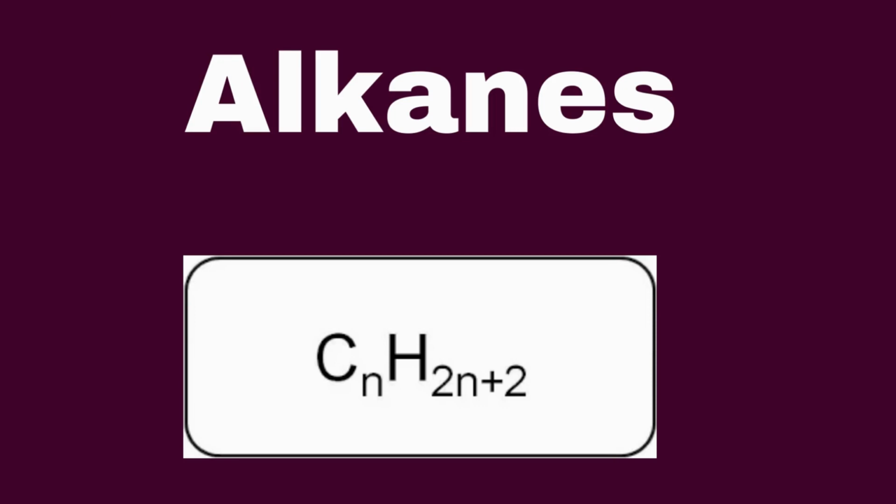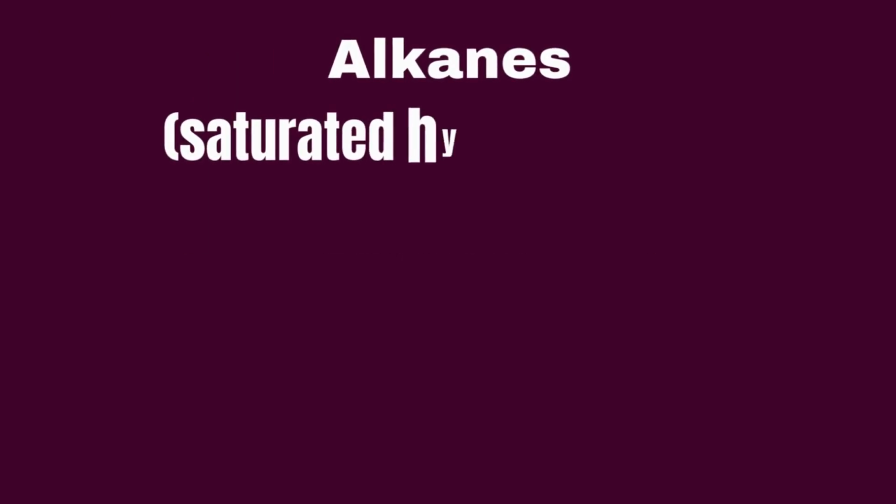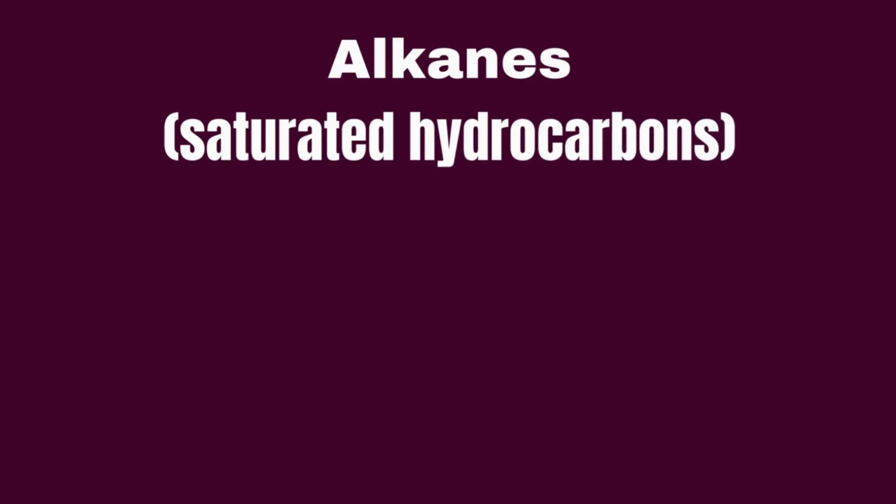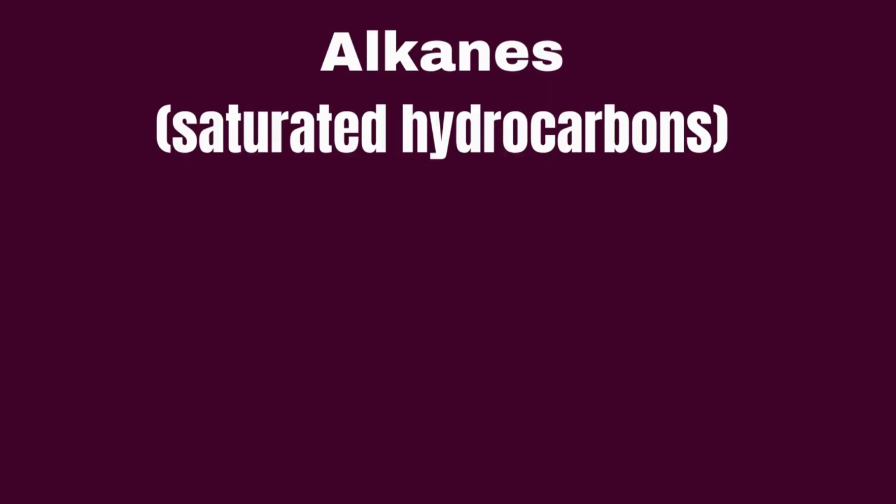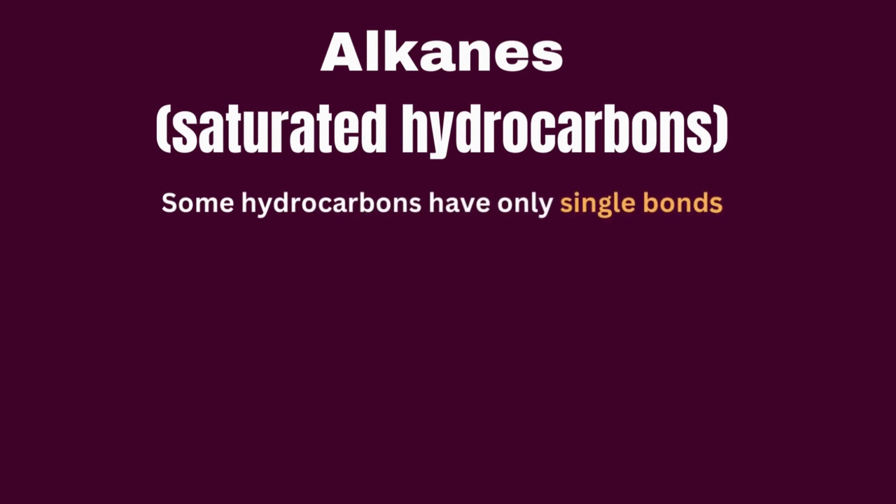Today I will teach you about a topic, alkane. Alkane has the formula CnH2n+2. Alkanes are also called saturated hydrocarbons. Saturated means the hydrocarbons are stable, having single bonds in their molecules, and they are much stable, they cannot be easily broken. Some hydrocarbons have only single bonds and appear as a chain, which can be straight chain or